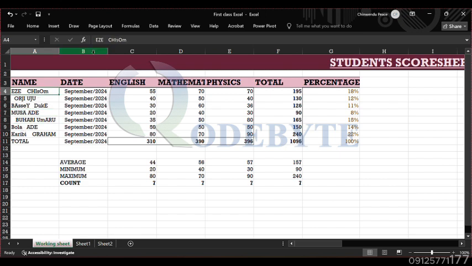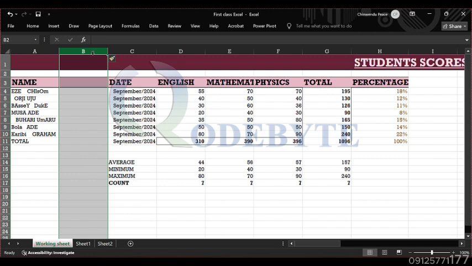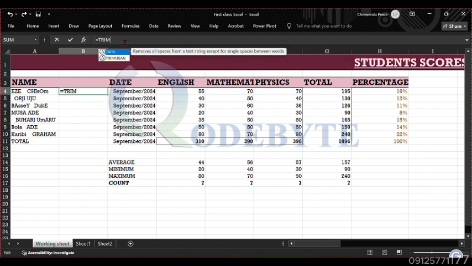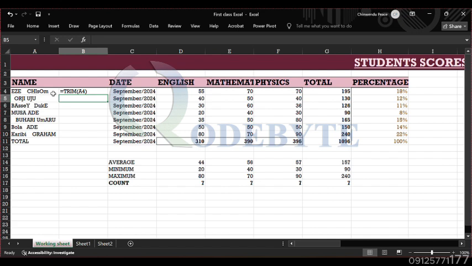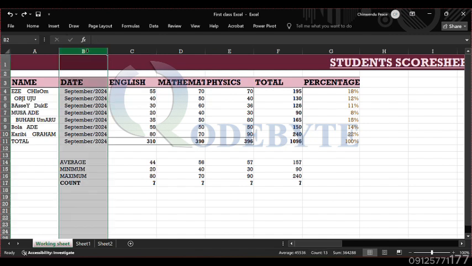As I want to remove the spaces, I will have to insert a new column. So I will say Control Shift plus, and then it gives me a new column. As always, we are going to use the trim function, and we are going to start with the equal to sign. So I will say equal to trim, double click, and then include the text, close my bracket, and click enter. It's giving me an error, and that is because when I inserted my new column,